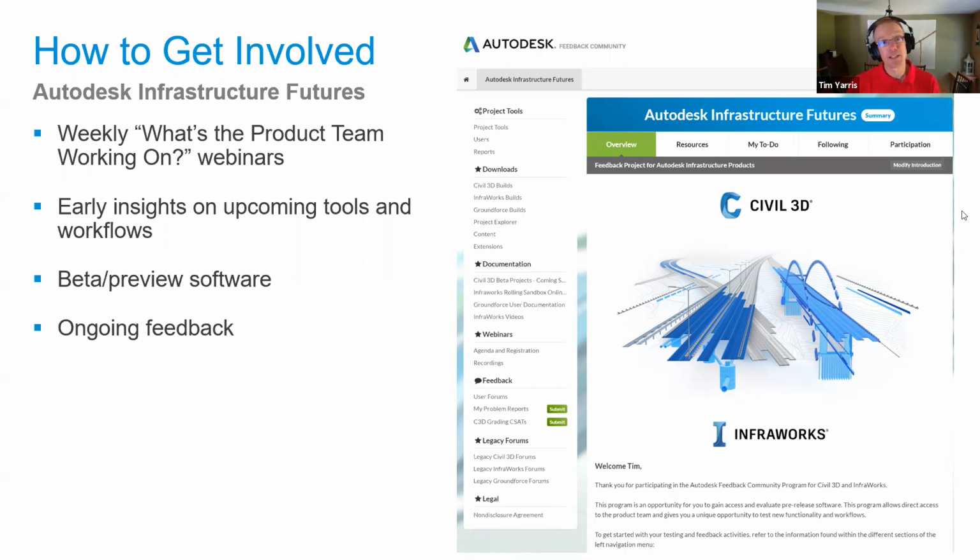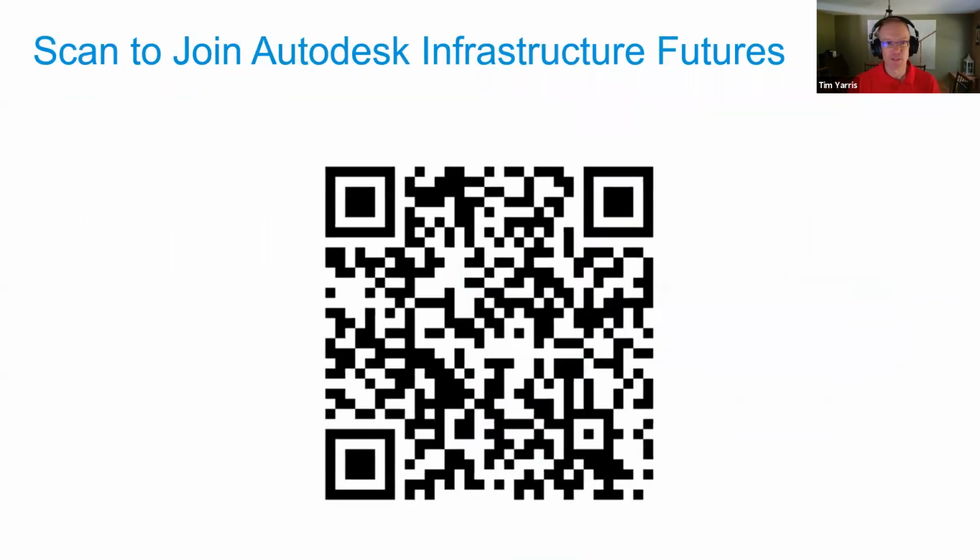But anyway, at the next slide, if you're interested in joining the Infrastructure Futures portal, there's a quick QR code you can scan, or you can go up on feedback.autodesk.com. It's a really simple way to join, and you can get cranking on it. There's some exciting new stuff coming up, at least on the infrastructure side, I know for a fact. And there's always more stuff being posted up there. So always looking for feedback. That's my piece. Thanks, Tim.